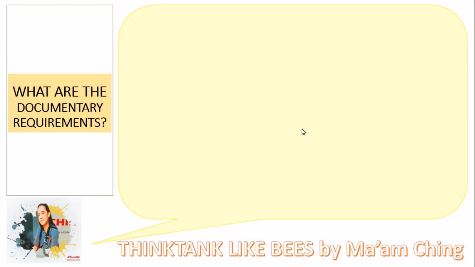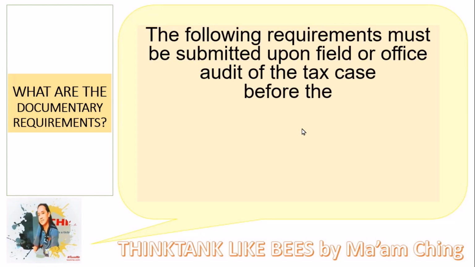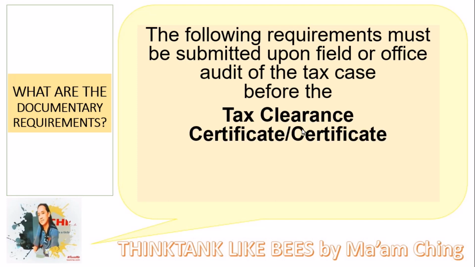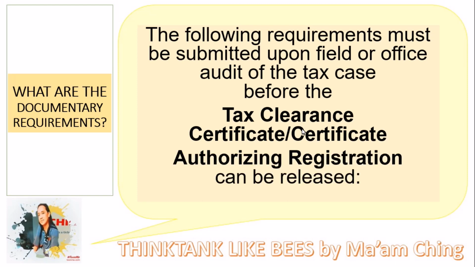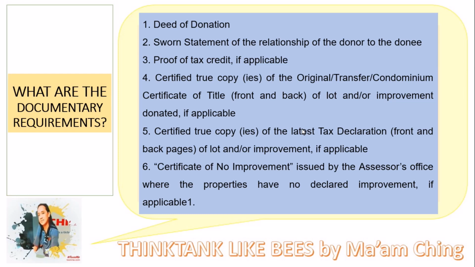So what are the documentary requirements? The following requirements must be submitted upon field or office audit of the tax case before the tax clearance certificate or certificate authorizing registration can be released. Number 1, the deed of donation. Number 2, the sworn statement of the relationship of the donor to the donee. Number 3, proof of tax credit, if applicable. Number 4, certified true copies of the original transfer certificate or condominium certificate of title, front and back, of the lot and/or